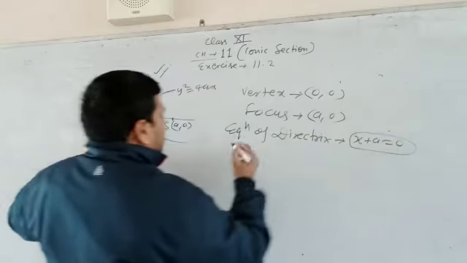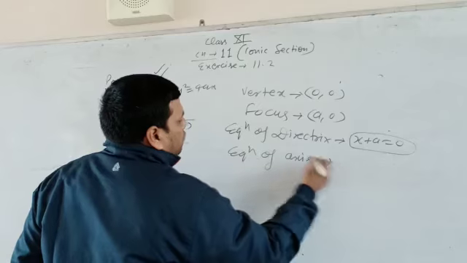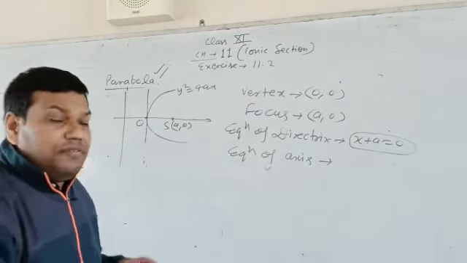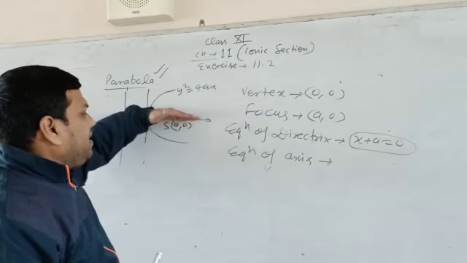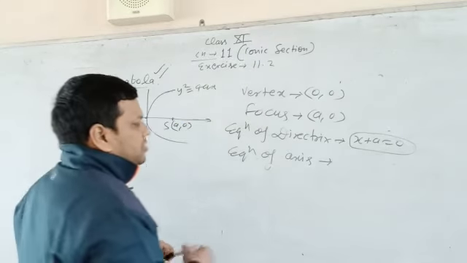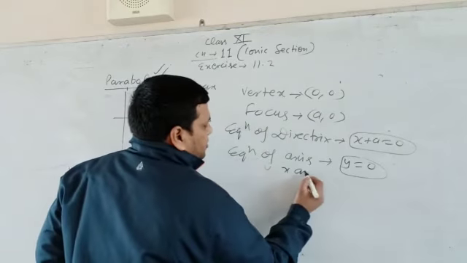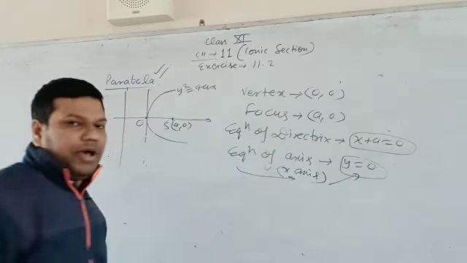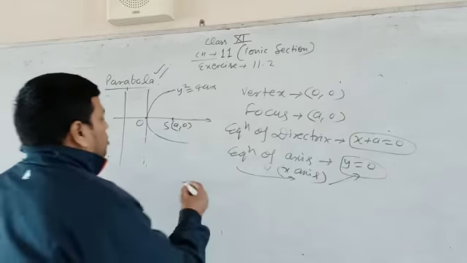You can see there. What is the equation of the axis? If you are required to find that, this is called the equation of axis. Which line? The line about which this parabola is symmetric. That is called the axis, right? The equation of axis is always y equal to 0, the x-axis, right? The x-axis is called the axis, and the equation of that is y is equal to 0. Now you can say one more thing.